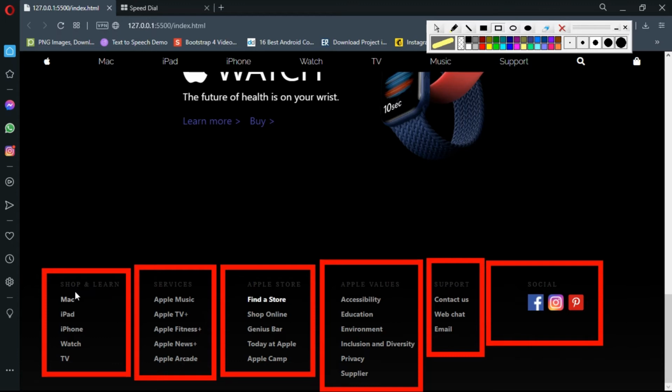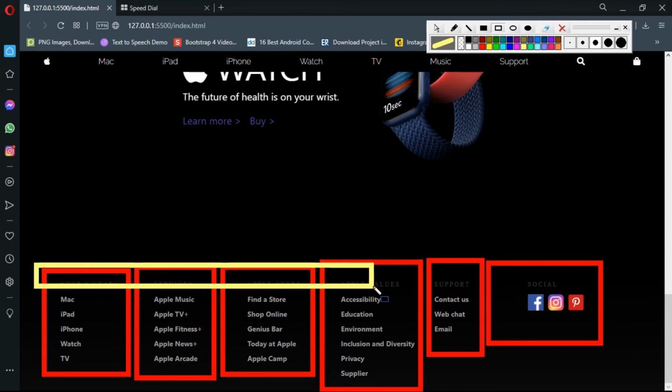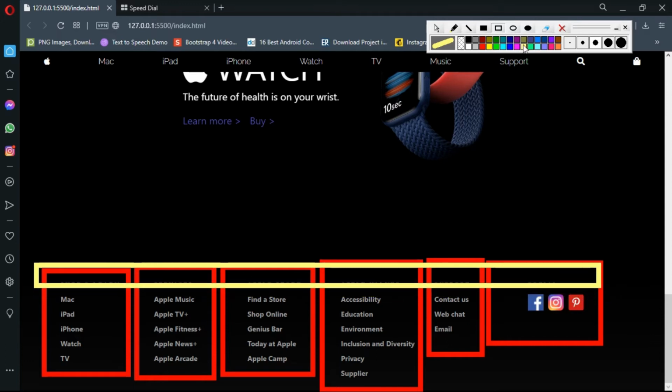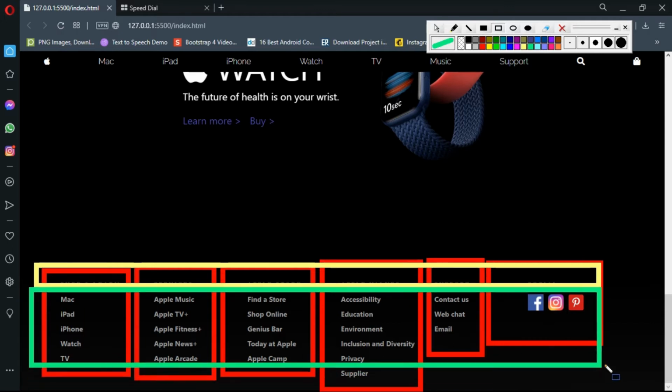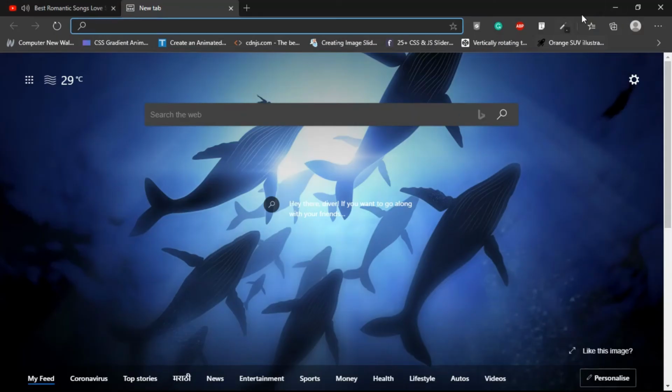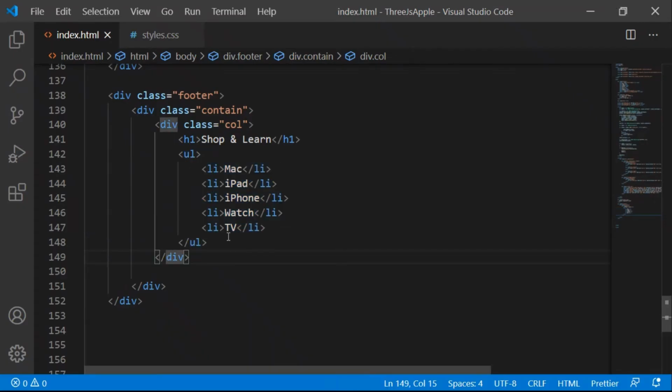And each one is going to have a different header here, with shop and learn, services, everything like that. And each COL is going to have its header, which is h1, and its list items with the help of an unordered list.